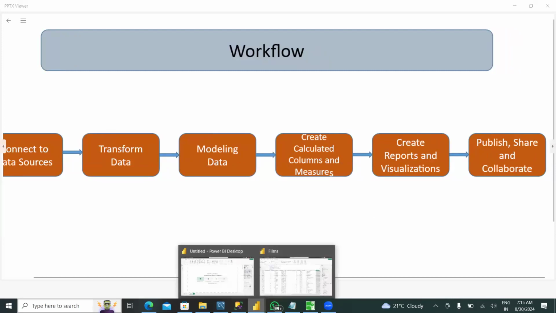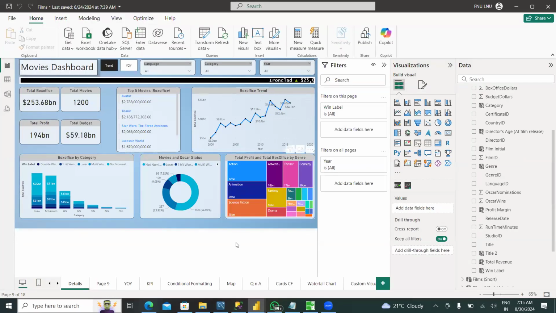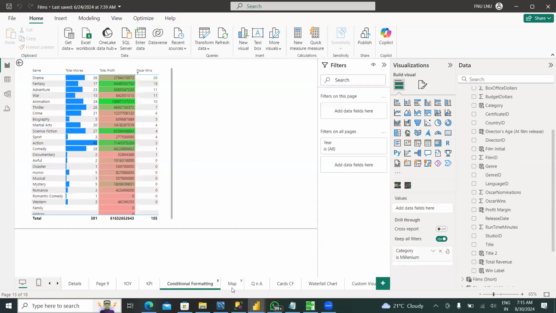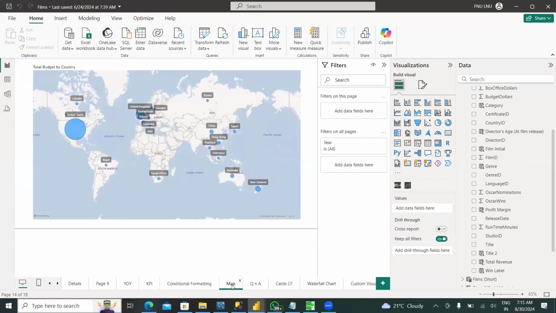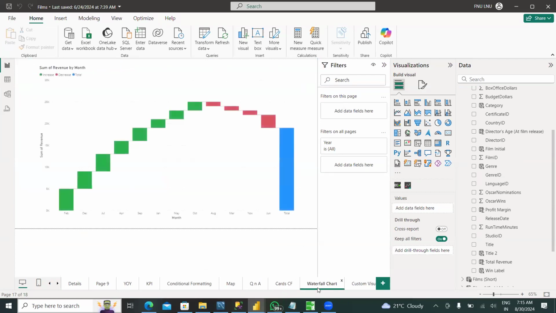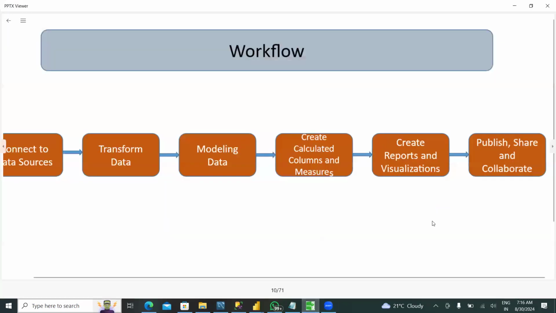And the reports and visualizations basically look like this. Report in the sense that there'll be one PBIX file with many pages. All these pages together constitute one report. So this is what a report looks like. And once the report is done and the visualizations are created and validated, then you will publish, share, and